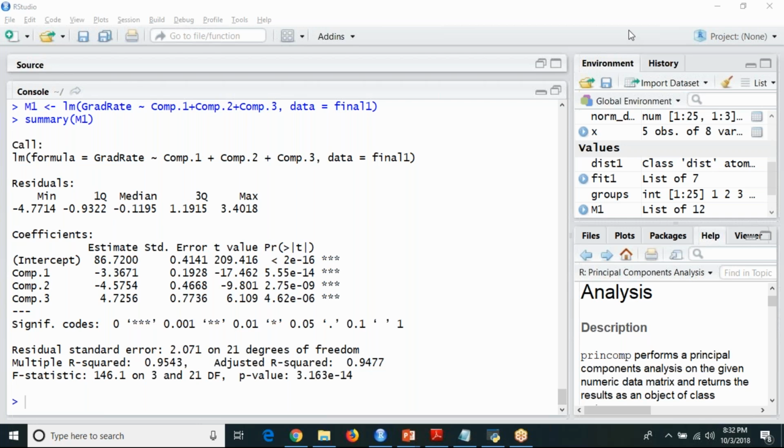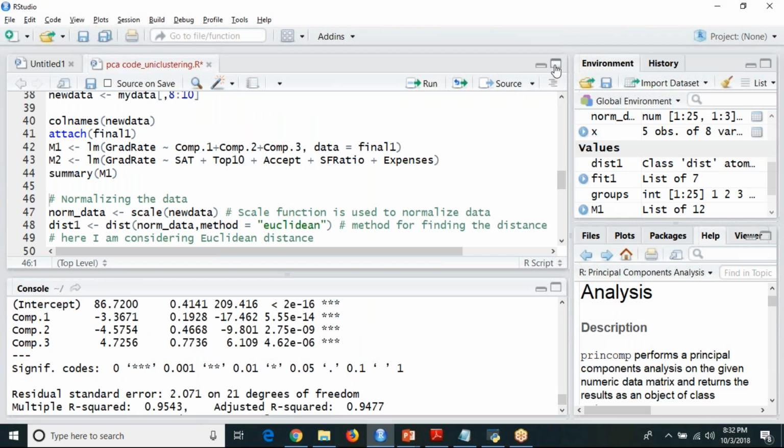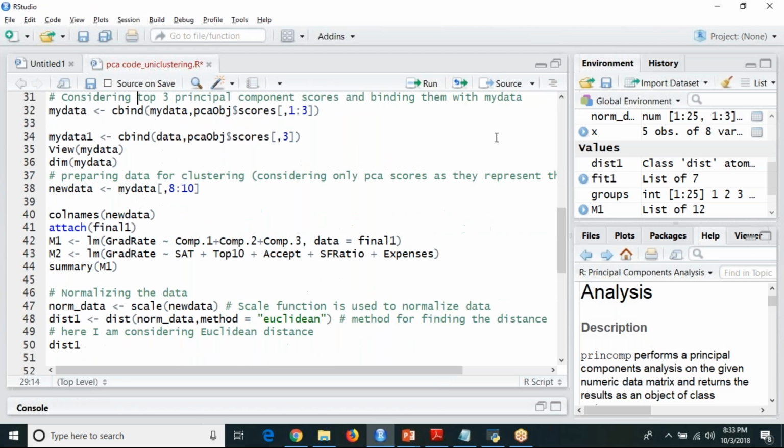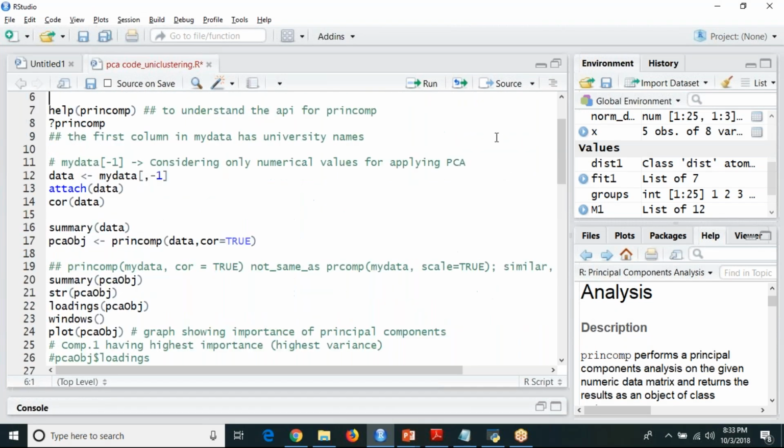Is that clear for everyone? So I'm going to give you 15 minutes of time. I want you all to execute it in your system and display your screen. So now it is 8:32. Let me take it from 8:33. Use your university dataset. I've already sent that. Type it in your system.